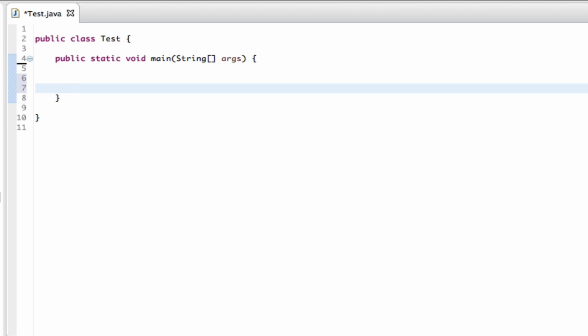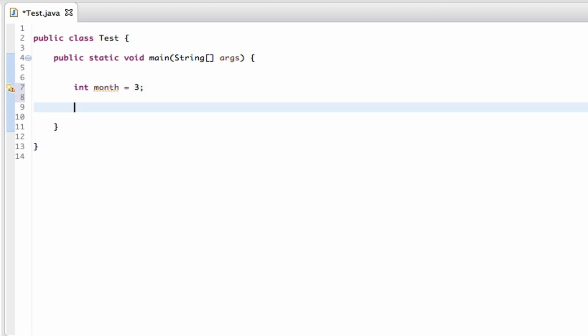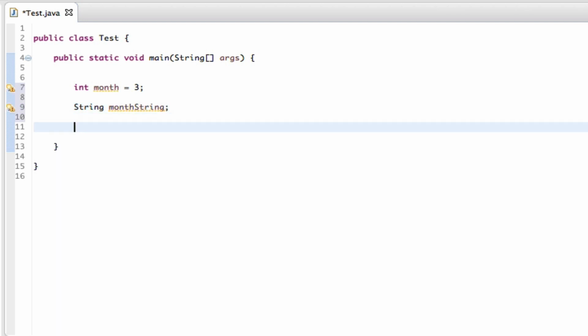Okay, so now we can say int month equals 3, close that off, move on to the next line, and now say String month string, just declare it and move on to the next line. We can say switch month,